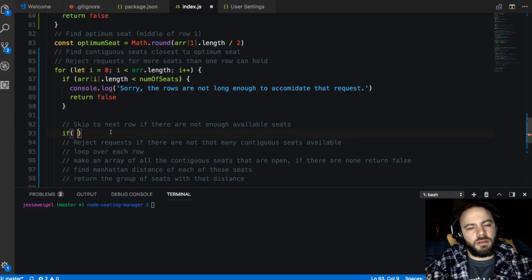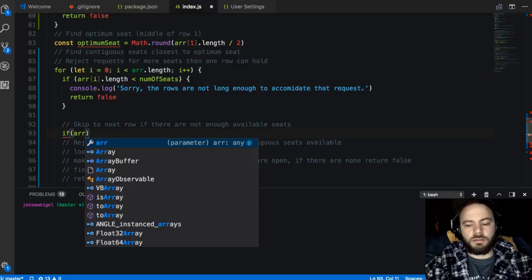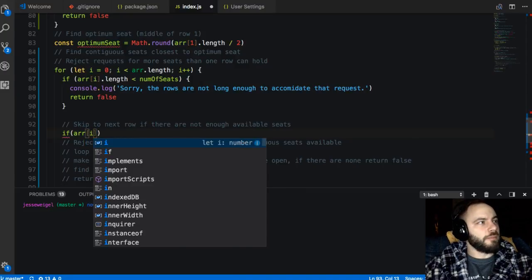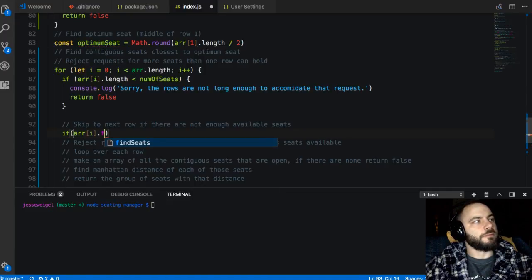Yeah, yeah. All right, let's do this. So we're gonna say if the array, that particular array, so that row, and we're gonna do a dot filter,